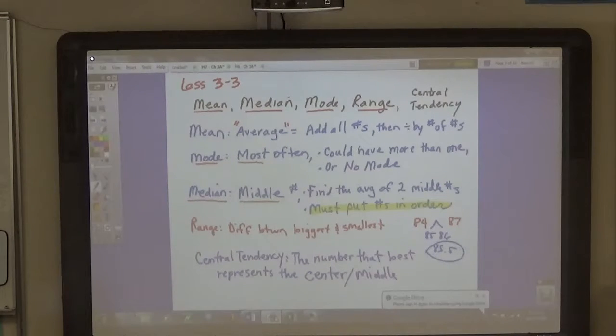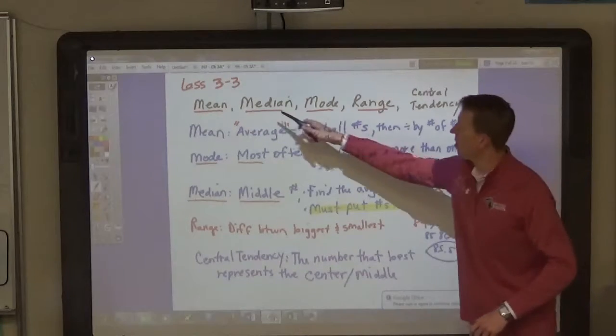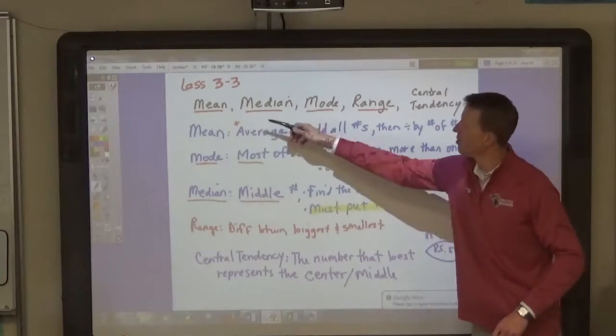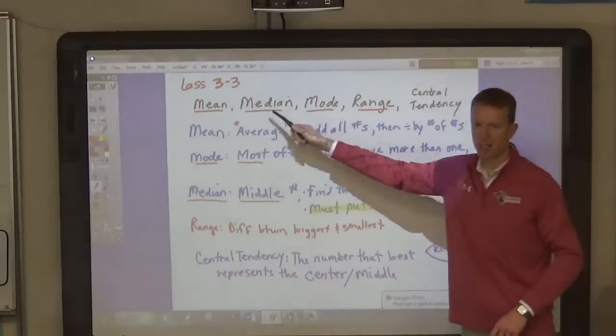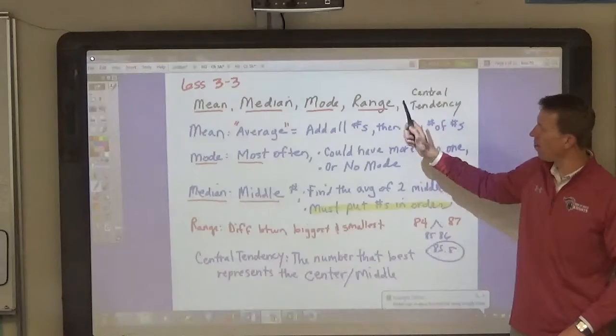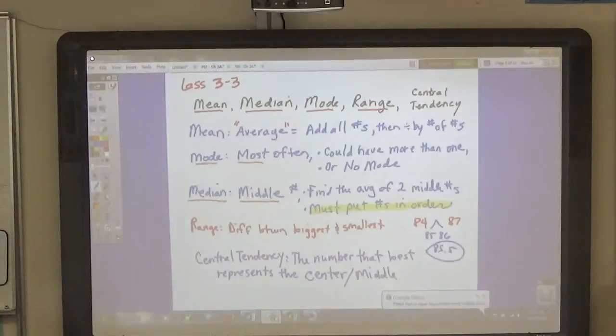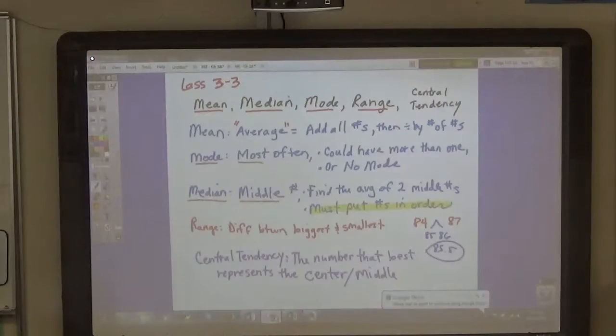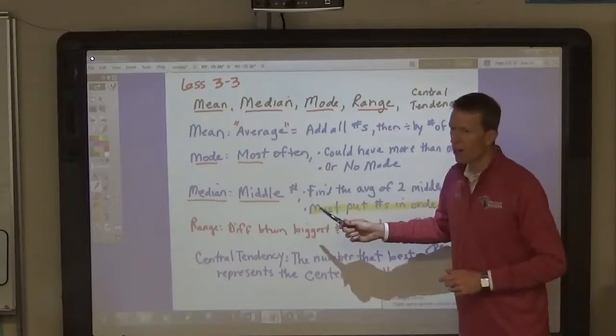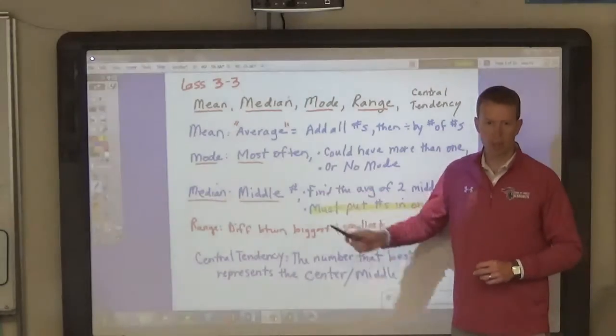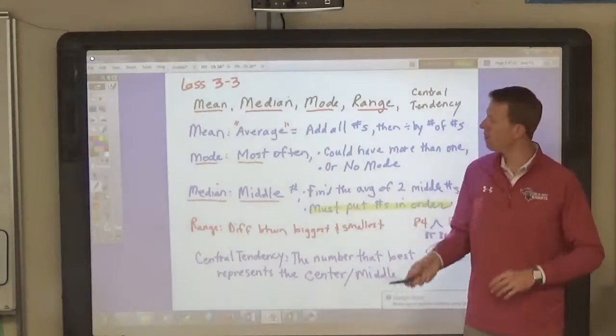Right, 7th graders, we're going to work on ways of analyzing a group of numbers. Okay? There are 4 ways we can analyze these numbers, and they're all based on figuring out the best way to represent the middle of a set of numbers. So, one of the ways to find the middle of the set of numbers is to